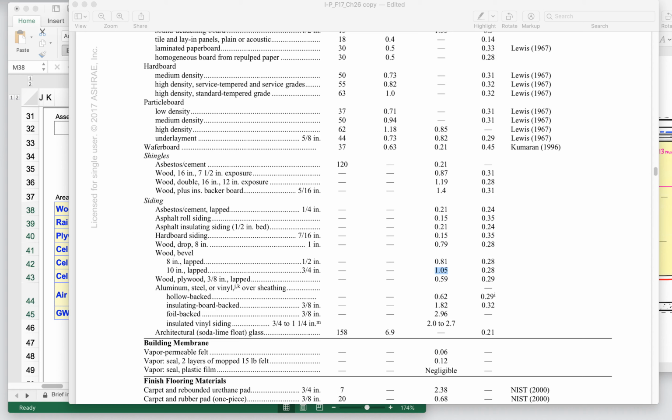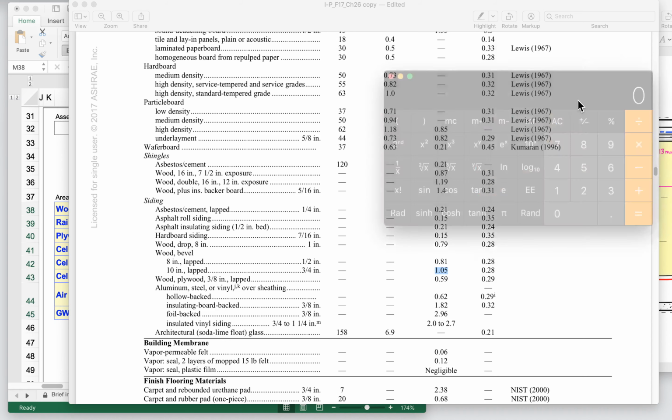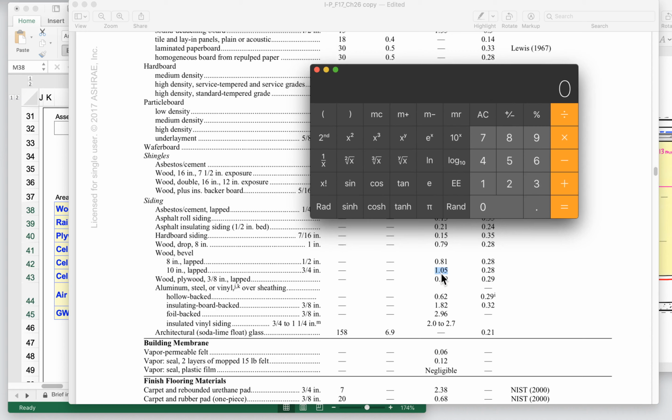So if I want to solve for the resistivity, I should be able to just take the resistance and divide it by the thickness, right? So if I have a total R-value for that element of 1.05, and I divide that by 0.75, 3/4 of an inch, that's my known thickness,